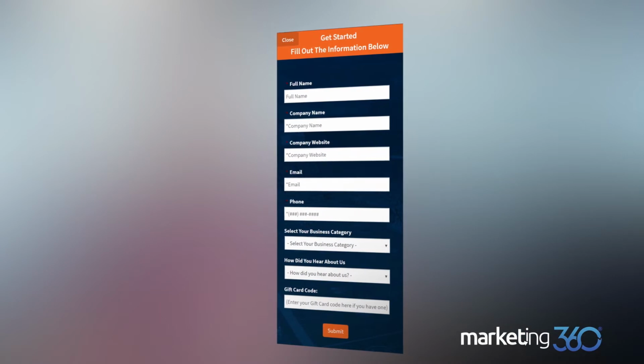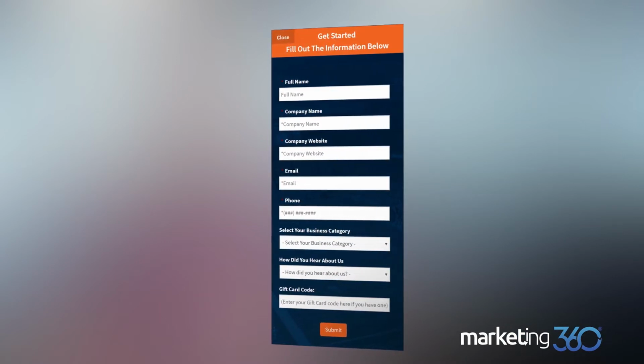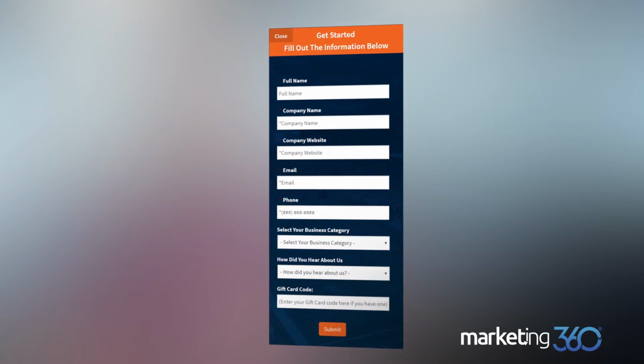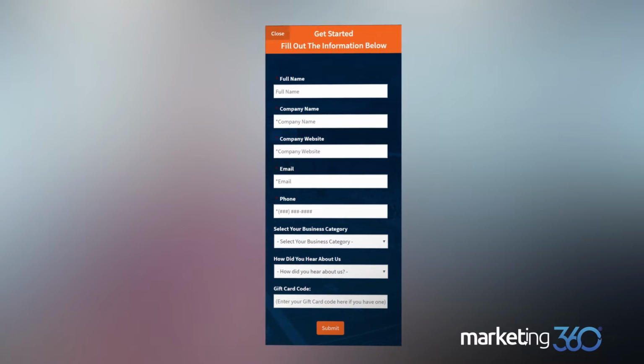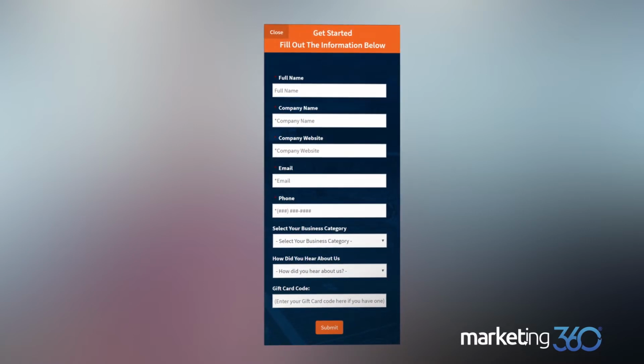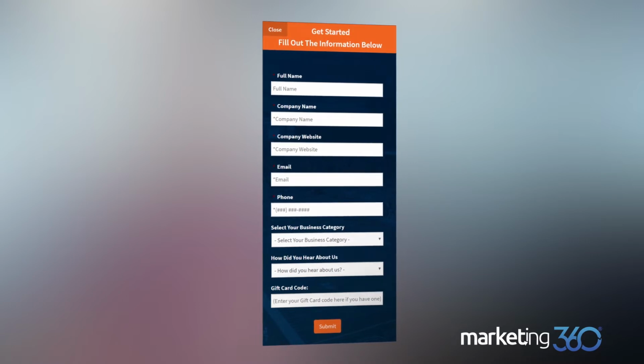What you want to do is distill down your form as much as you can so that you're only asking for information that you cannot get later on the phone. If you want their address, ask them. Don't ask them on the form, ask them on the phone, because you don't need the address most of the time in order to provide the service or answer the question.